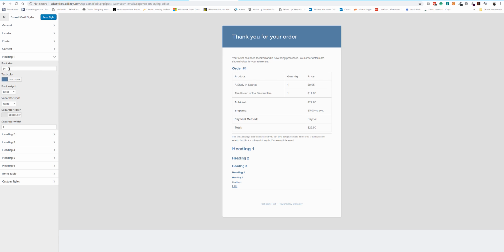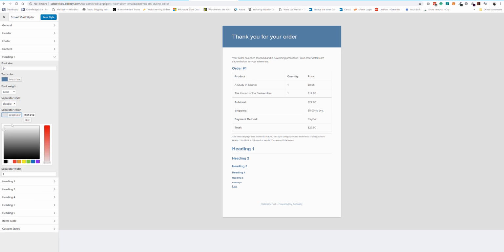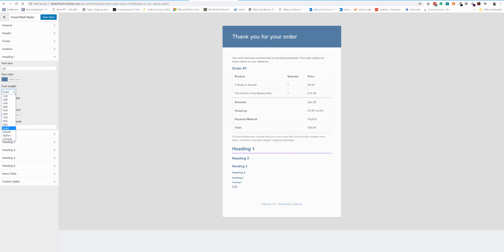For heading, you can set your text size, color, weight, and now you've got a different option in separator style. So you've got none right now, but if I set it to double and change the color a bit, you can see it change down here. Then that's what you can change there too. So you've got a few different options, and